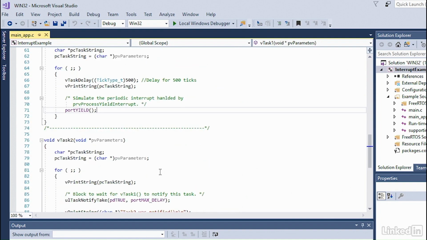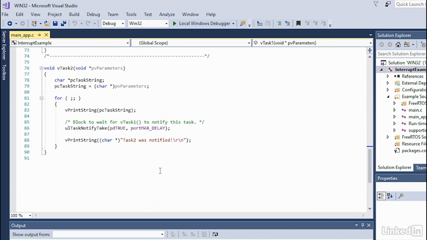Task 2 does nothing but block itself until it's notified by the ISR, which can be seen in the code at line 86. After it prints out some strings to the console, it's blocked to wait for the notification again from the ISR. The communication between the task and